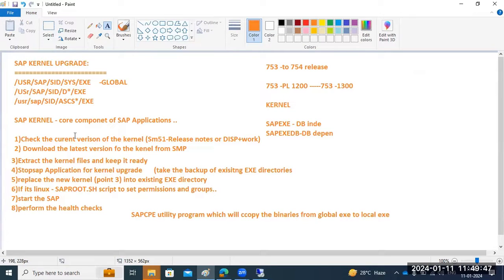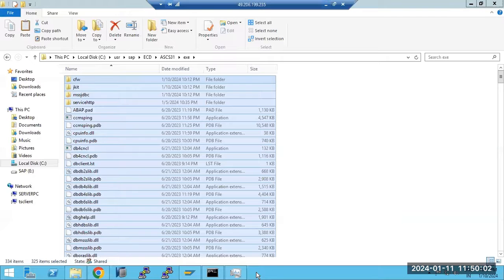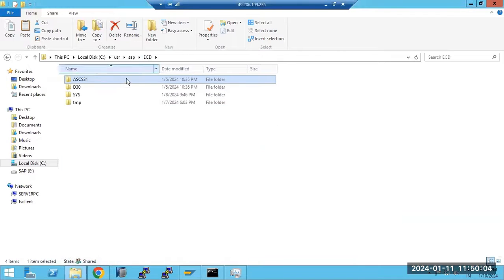Check the latest version, download the latest kernel from the service marketplace, then extract it, stop the SAP system, take the backup, then replace the new kernel files into the existing exe directory, then start the SAP. So this is the one thing. Sometimes SAP won't start, right? So SAP won't start. So in this case,